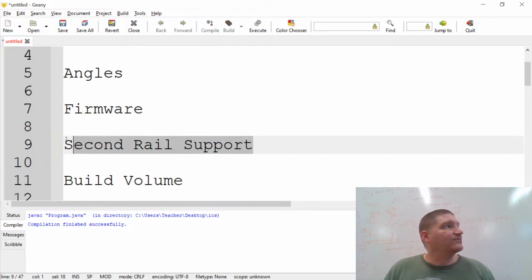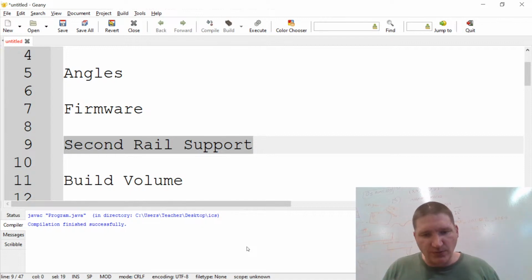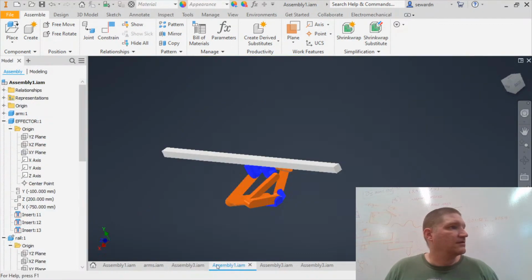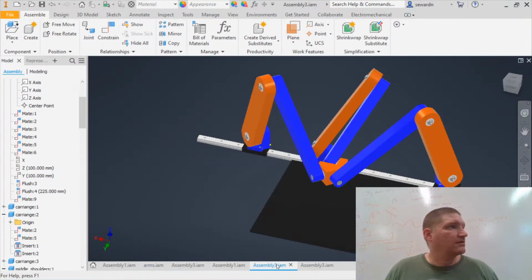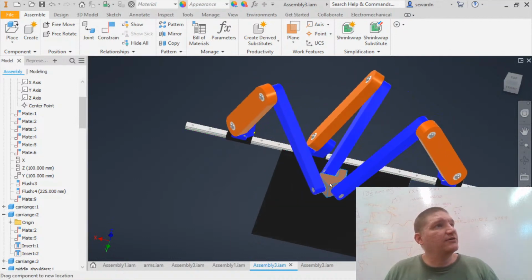Okay, second rail for support. So a lot of people commented like put another rail, add some more support, and they meant that in 2 different ways. Let me go pull up Inventor again. Boom. All right. So here's the monorail, and